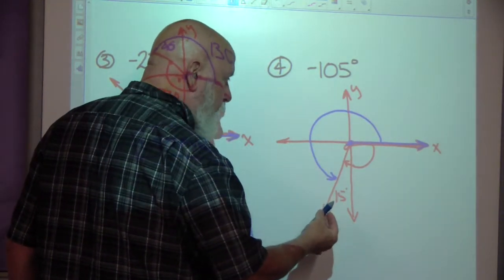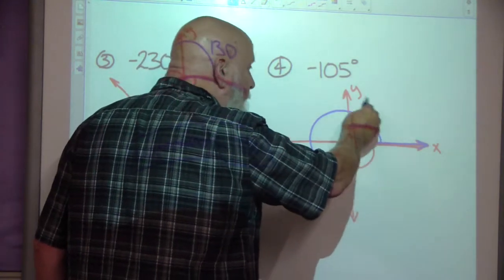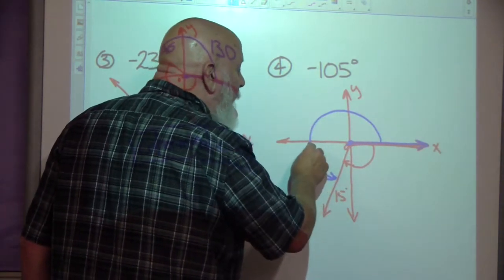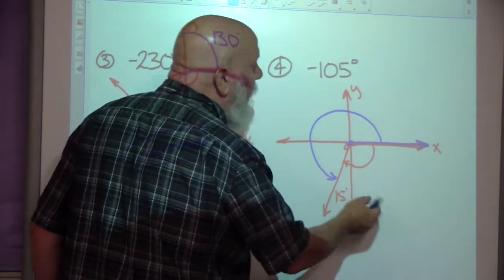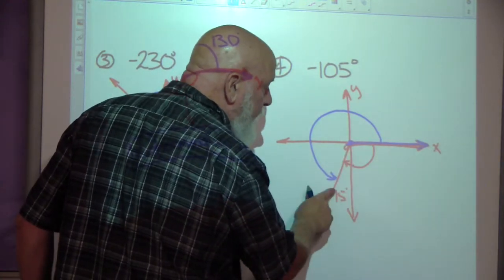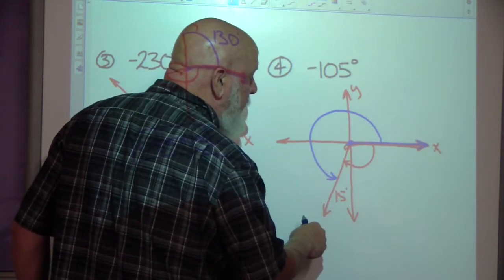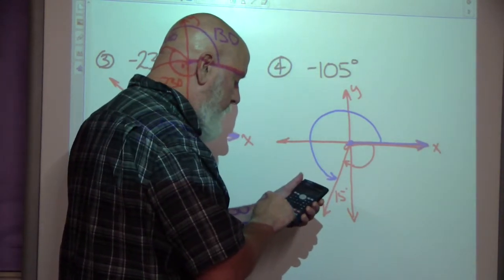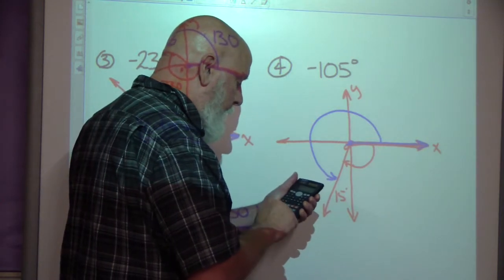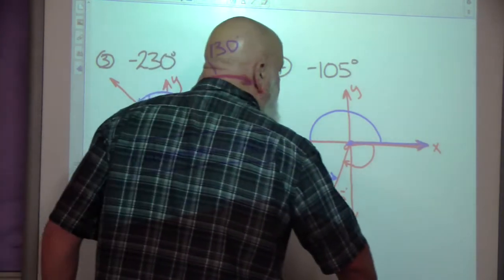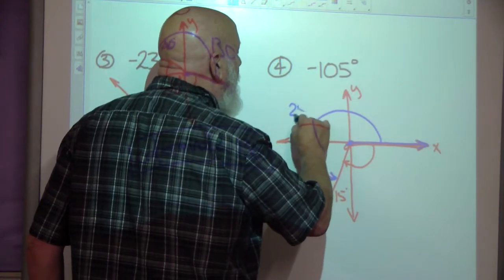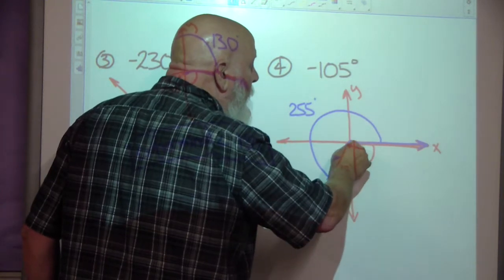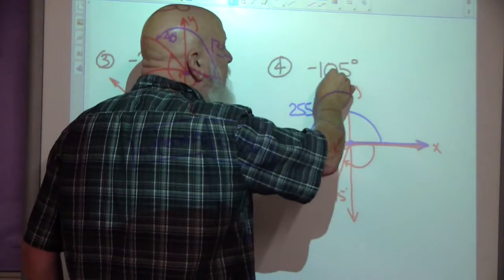That makes it coterminal. The question is, how far do I have to rotate to stop here? Well, there's 90 degrees, 180, and if I went 90 more, I would be at 270 at this axis, but I stopped 15 degrees shy of that. So that would be what, 255? Let me do that real quick. Make sure I'm thinking correctly. 270 minus 15 equals 255. Yep. So this rotation of positive 255 degrees will stop in the exact same place as this negative